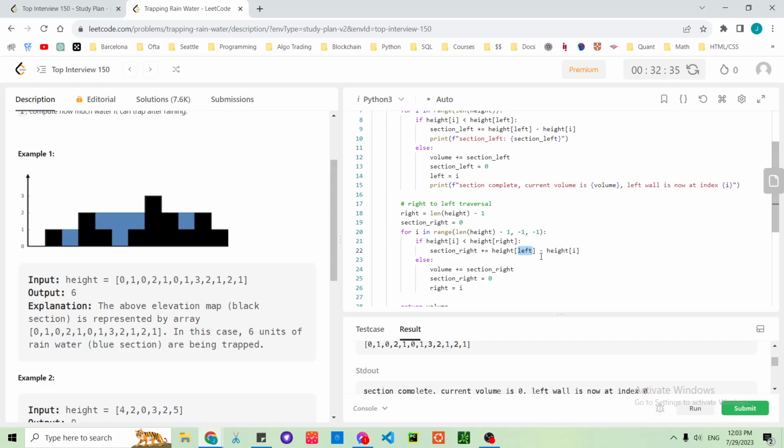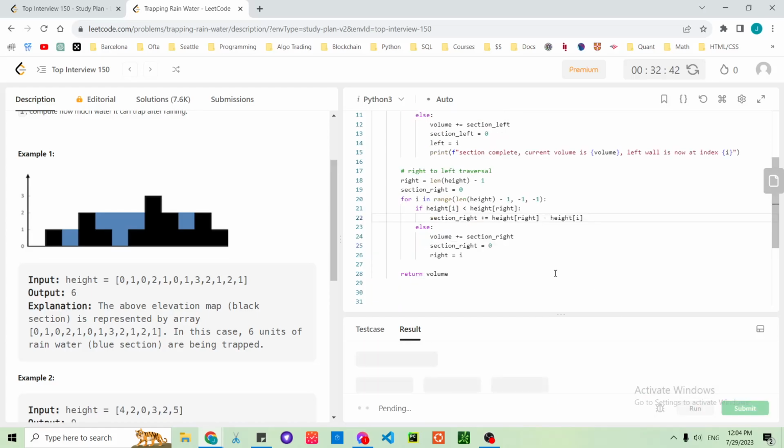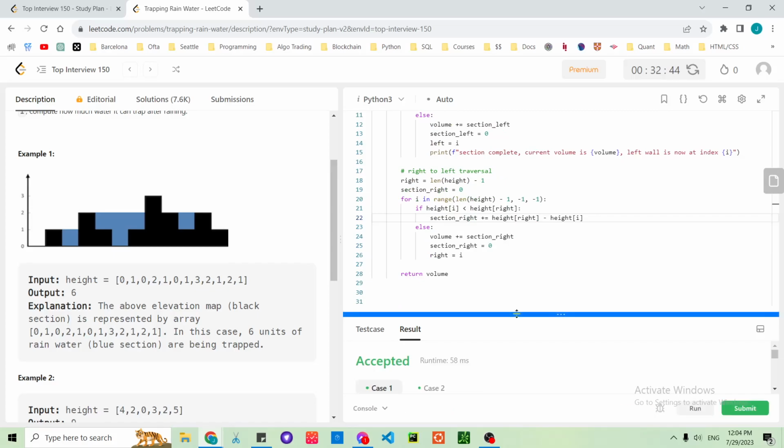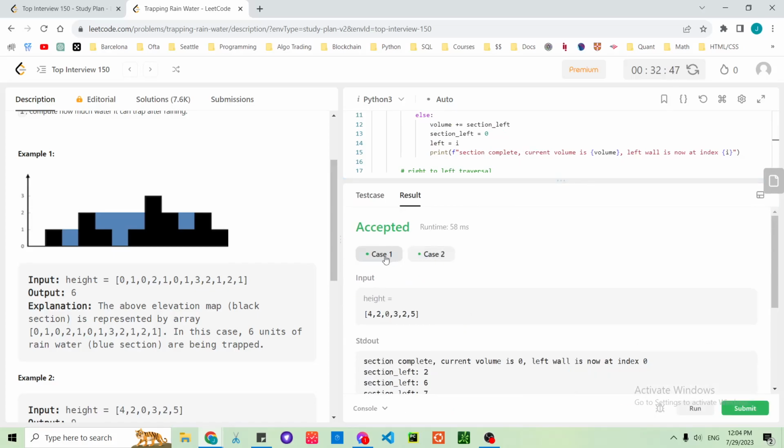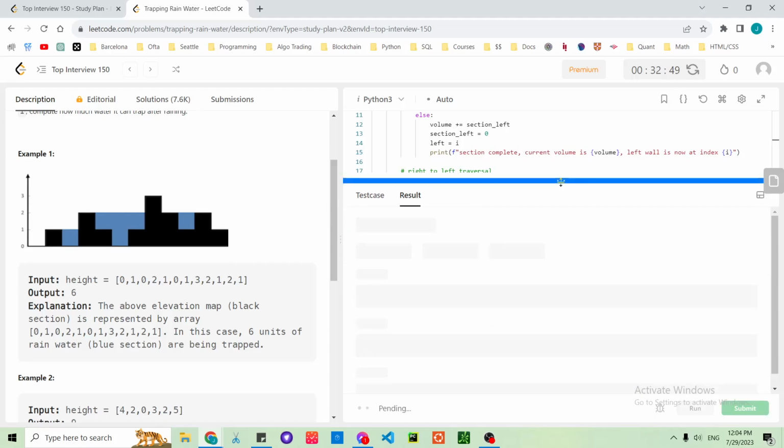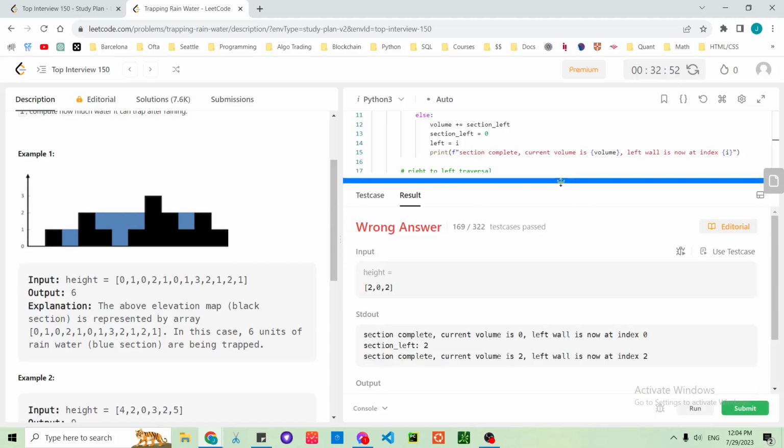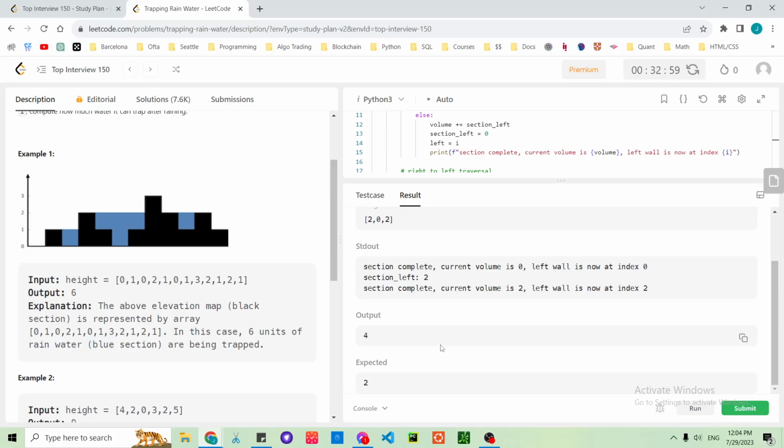Right. Okay, now that's doing what I'm designing it to do, at least. Let's see. Okay, past half of them. Output 4202. So that would just be 2, but I'm calculating 4